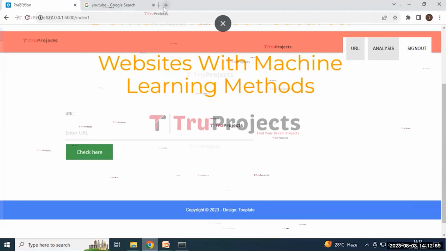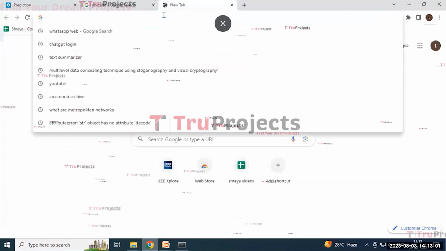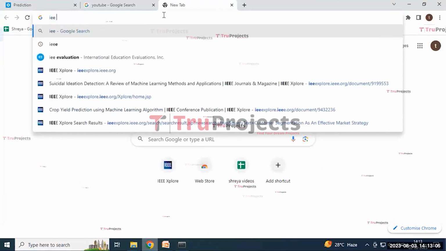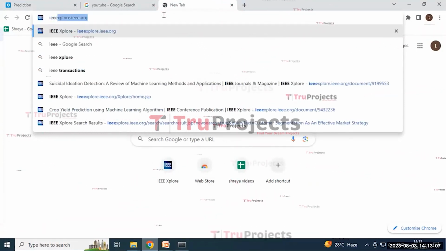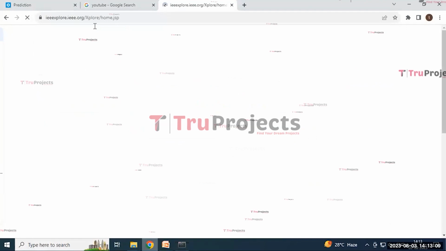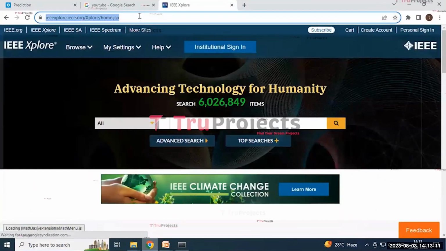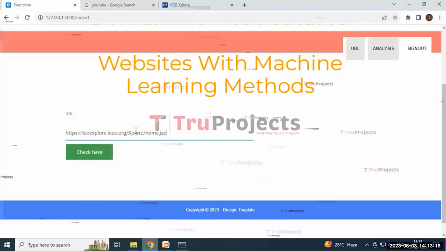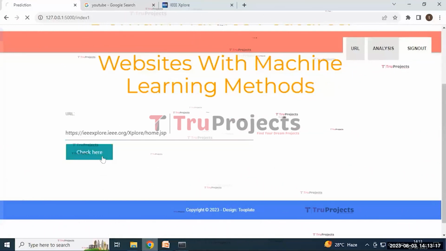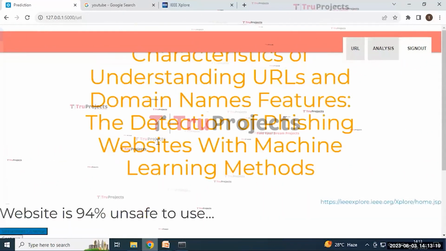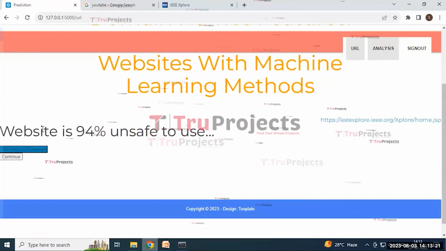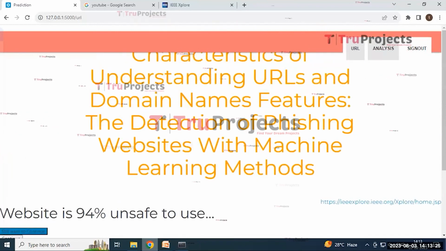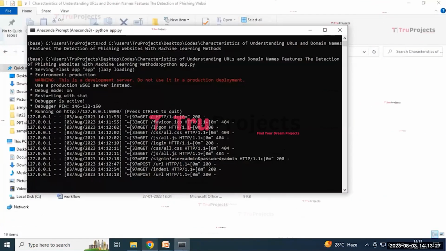Here we can provide other URLs too. Now providing IEEE Xplore. I'm copying this link and then pasting it in this website, and then clicking on the click here button. And here it predicted that the website is 94% unsafe to use. And in this way